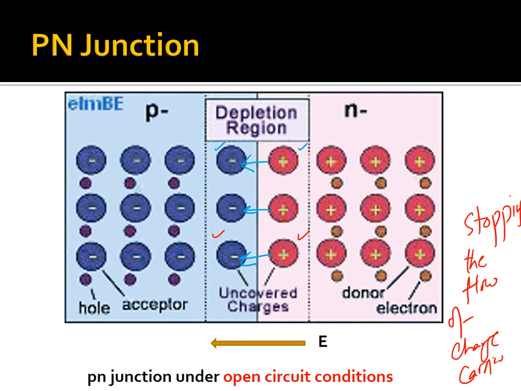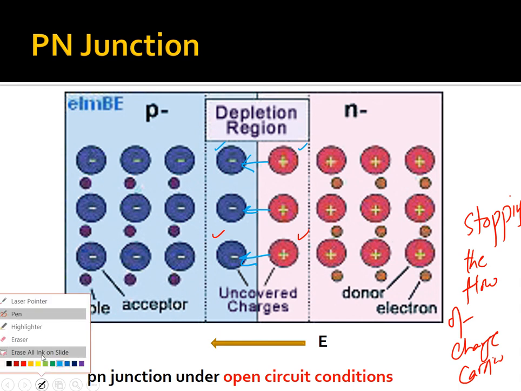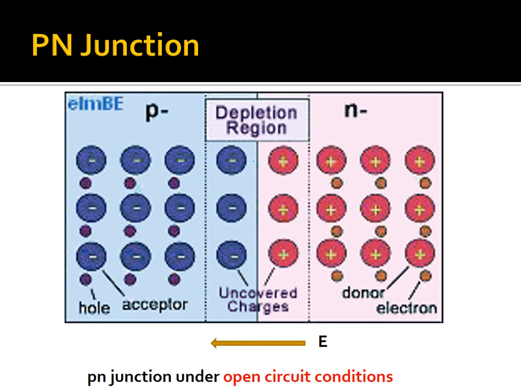Okay, why are we getting this? Once this depletion region is formed, there will be no movement of the free charge carriers. Due to the difference of charges, we are getting an electric field, and there will actually be a voltage drop across here, between positive and negative. Because this is a positive charge and this is a negative charge, we will get a voltage drop across here, which is actually called a barrier potential, or built-in potential barrier.